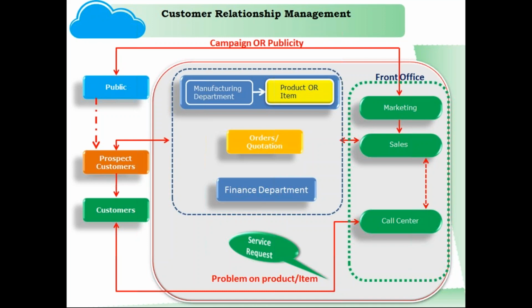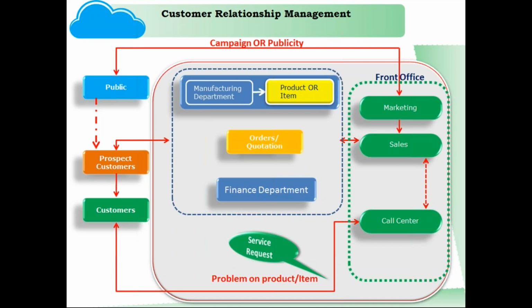Now the sales department people come into the picture. These sales people will approach those 50 people. Whatever product information the 50 people requested, they will share it, and they will clarify all the doubts. And assume that out of 50 people, 10 people are ready to buy the product. Those people are called customers.